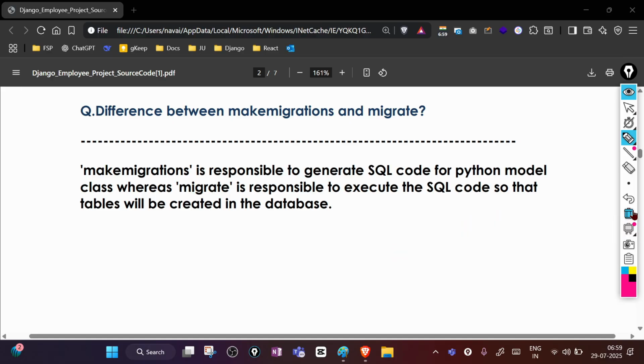So let's understand what is the difference between makemigrations and migrate. Okay, so there are two commands, and this is an interview question as well. Most of the time in interviews they may ask about makemigrations and migrate. What's the difference between both? So makemigrations is responsible to generate SQL code. Okay, so for example we have our model class